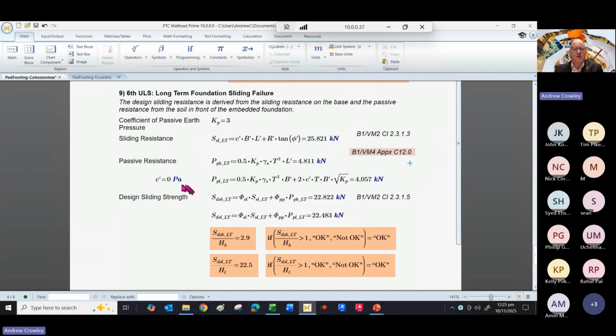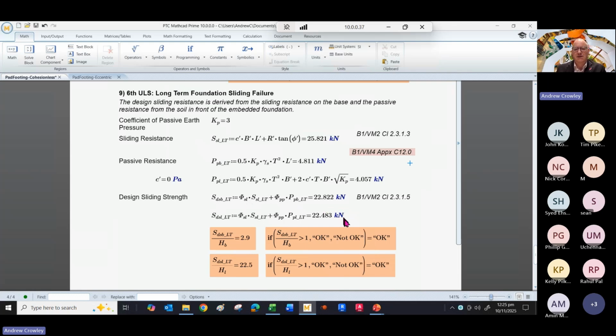And our C dash, our effective cohesion, is 0, and therefore our passive resistance works out as 4 kilonewtons. So we've got a design sliding resistance when we put in our strength reduction factors of 22 kilonewtons